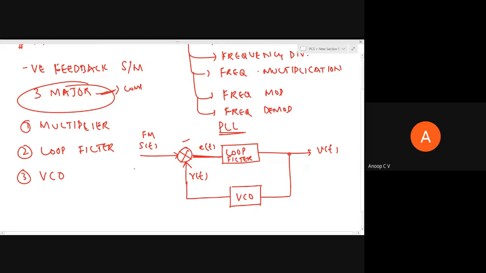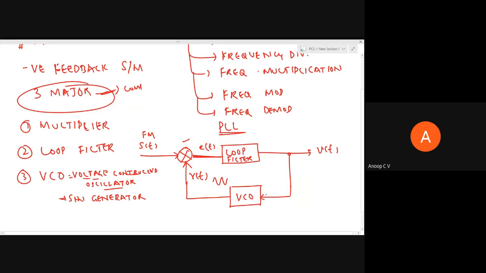So what actually is this VCO? It is a voltage controlled oscillator, right? What does that mean? VCO is basically an oscillator which produces a sinusoid output. So it's a sinusoid generator, right? Maybe I can write it's a sine generator, sinusoid generator. As the name suggests, it's a voltage controlled oscillator. Its oscillation is controlled by the input voltage, depending upon the control voltage given at the input of VCO.